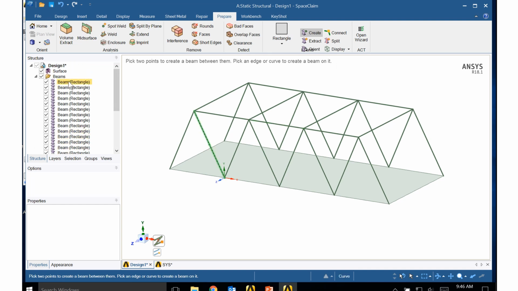I'm going to now create a new component, because what I need to do is essentially merge all these beams together so that the boundary conditions are recognized between the joints. If I don't merge them, each one of these will be an independent beam when I go to solve it in the finite element model. So again, I'll click on the top beam,